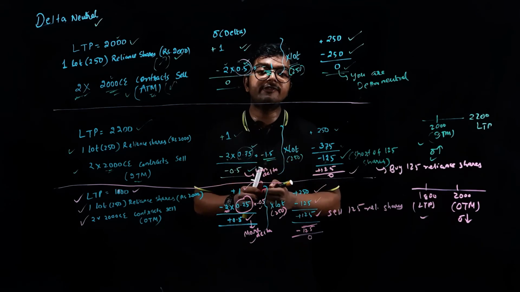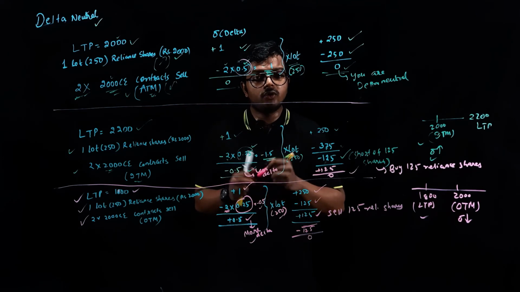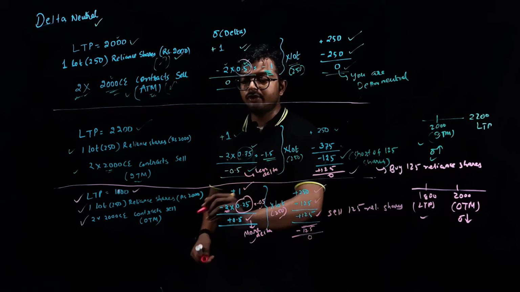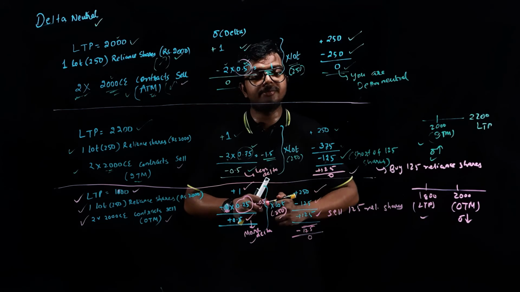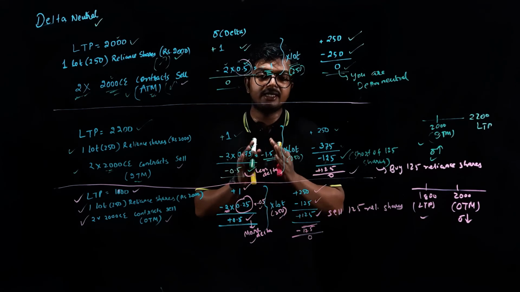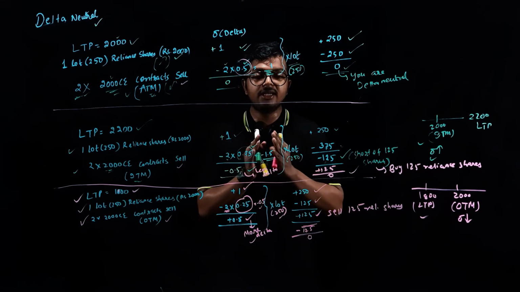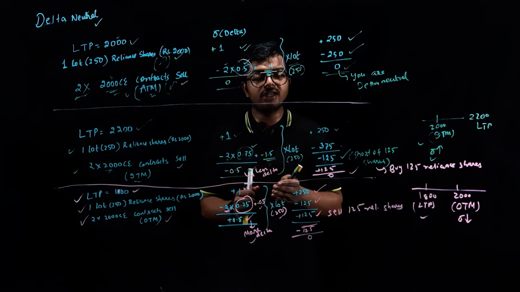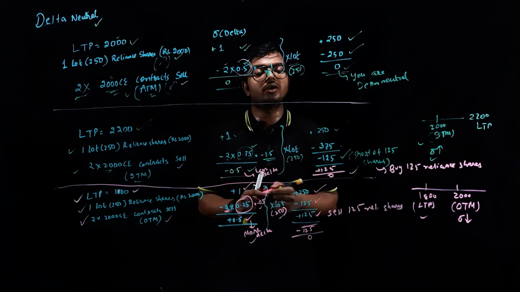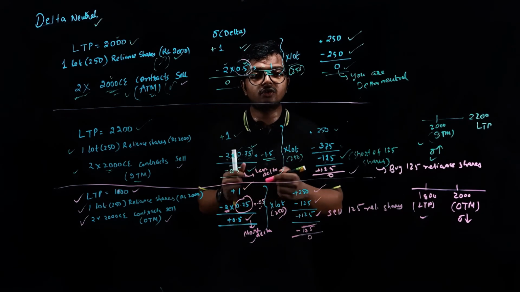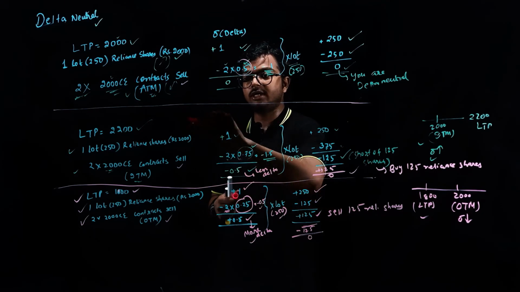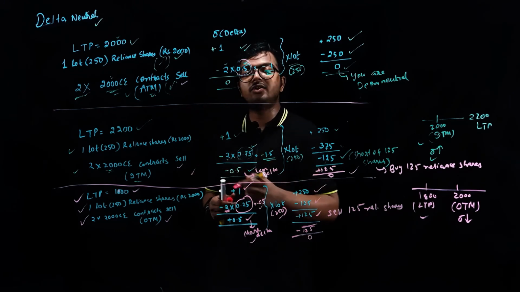Okay, now how do you benefit from it? You would benefit only from the premium that you are getting from this contract sale. So you would be capturing these premiums, and as you are maintaining the delta as 0, your position is completely hedged, or you are delta neutral, and then you would be gaining from only the option premium by time decay. So I hope this concept is clear. So this is how you hedge your position by delta neutral strategy.